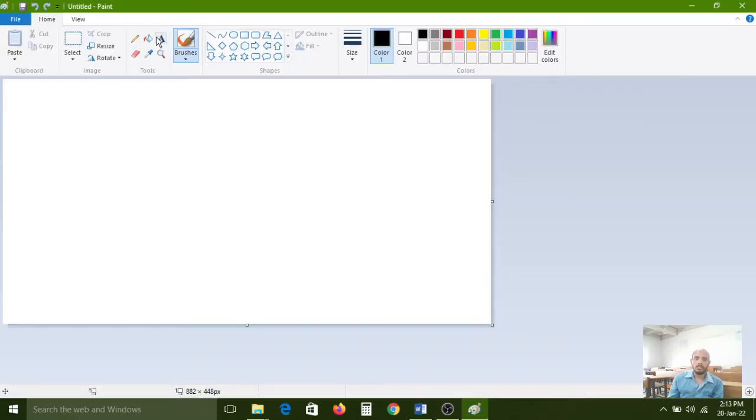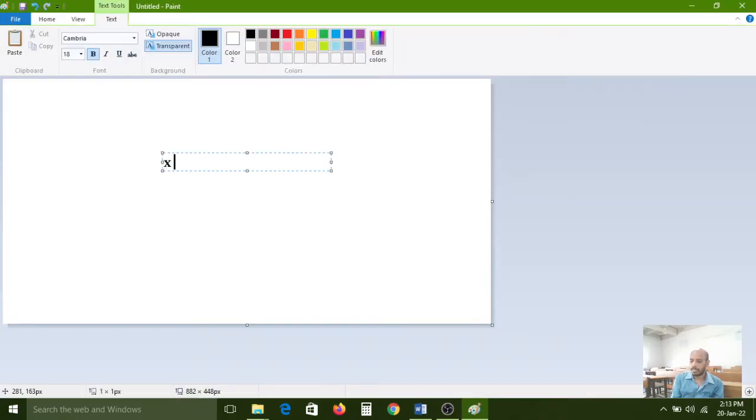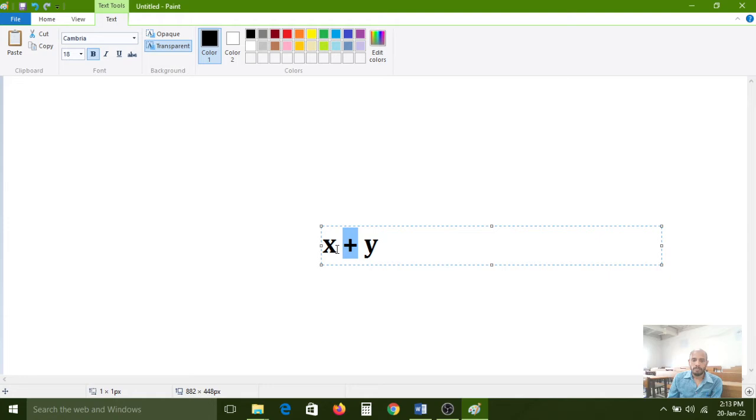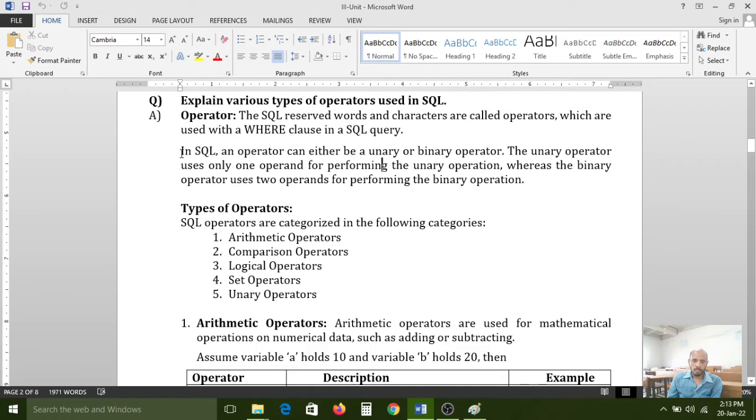Carefully observe here: x plus y. Here plus is an operator, but x and y are operands.